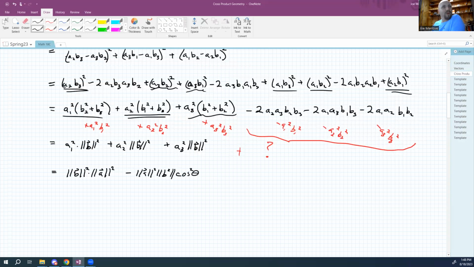Where would I get something like that? I want you to have a look at this thing and see if you can convince yourself that that's a dot product